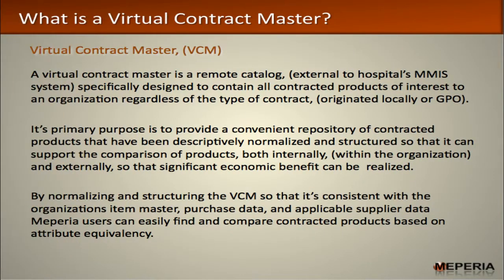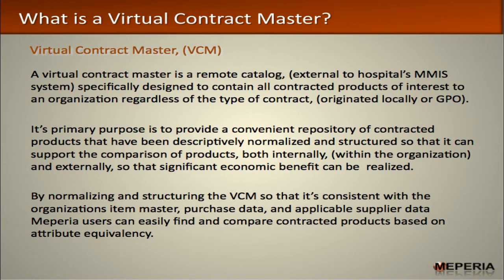A Virtual Contract Master is a remote catalog, external to the hospital's MMIS system, specifically designed to contain all contracted products of interest to an organization, regardless of the type of contract, whether it originated locally or from a GPO. Its primary purpose is to provide a convenient repository of contracted products that have been descriptively normalized and structured so it can support the comparison of products, both internally within your organization and externally, so that significant economic benefit can